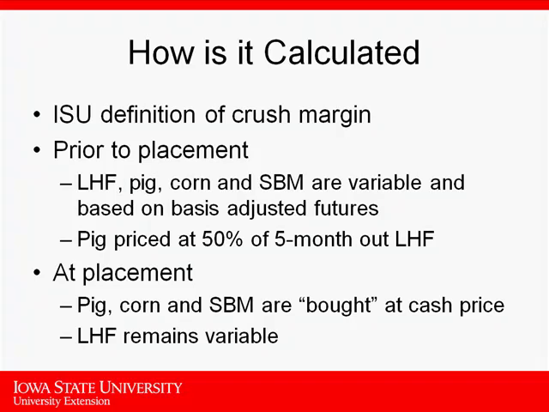At placement time, so 5 months prior to slaughter, in the case of the pig, we price it off the LS 255 sheet. So the cash price for pig, we plug that in. We go to the North Central Iowa corn price. We plug the cash price of corn into our margin. We go to the USDA report on Iowa soybean meal price, and we plug that in. So at placement time, we switch from using futures to estimate those inputs to the cash price. And then we track that margin going on using the lean hog futures adjusted for basis for the hog part. Okay.